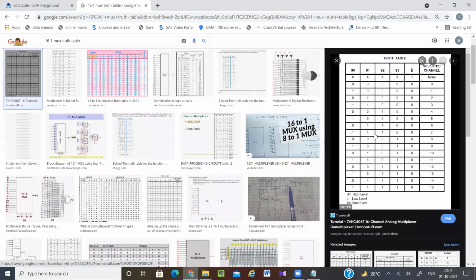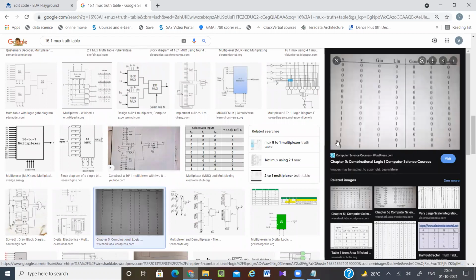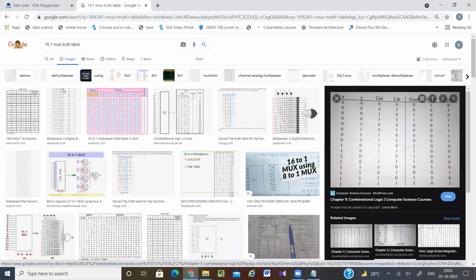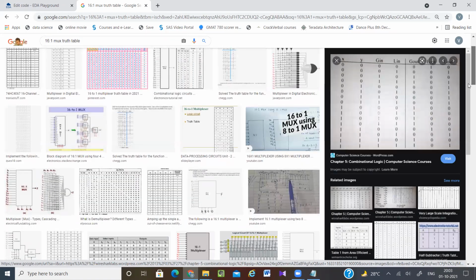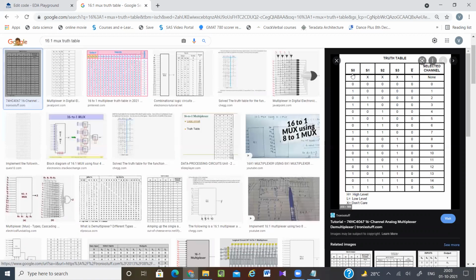So for 16x1 mux, let me find a good truth table for it. You can see this one, but here it is just LSB, MSB.